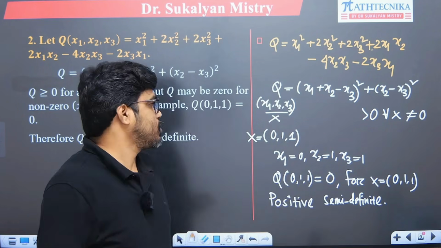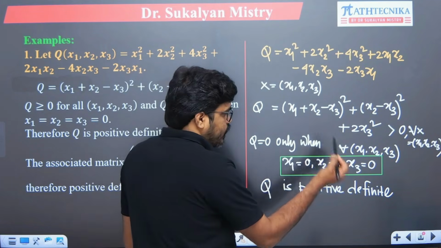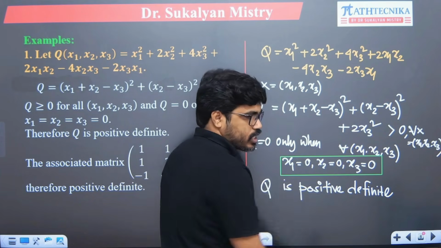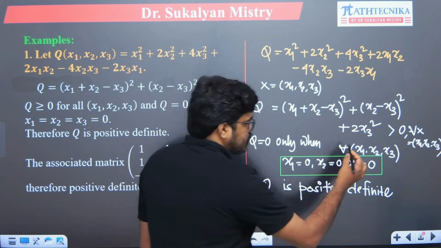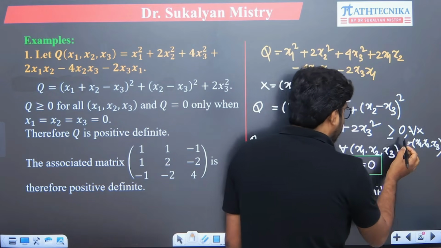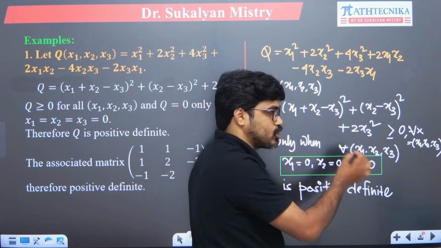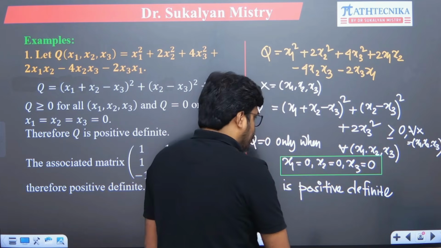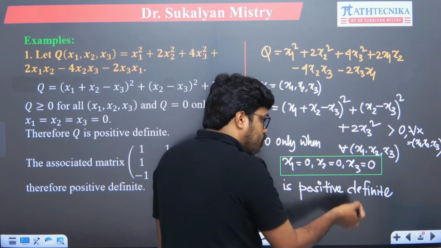What is difference between positive definite and positive semi definite? Positive definite is q is greater than 0 for all x, ঠিক? q কখন 0 হবে? দেখো এটা 0 তখনই হতে পারে যদি x1 0 x2 0 x3 0 হয়, তাহলেই 0 হবে। সো দিস ইজ পজিটিভ ডেফিনিট। কিন্তু পজিটিভ সেমি ডেফিনিট কি হচ্ছে,